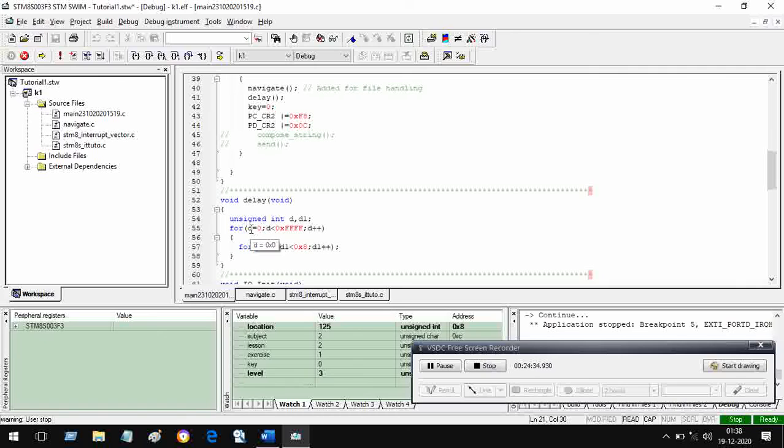Every time it increments, when it goes from 0 to 1 or from 1 to 2, etc., it comes here. And it moves D1 from 0 to less than 8, that is up to 7, and it remains here. Then this D is incremented, then once again it goes here. Like this, it performs this operation